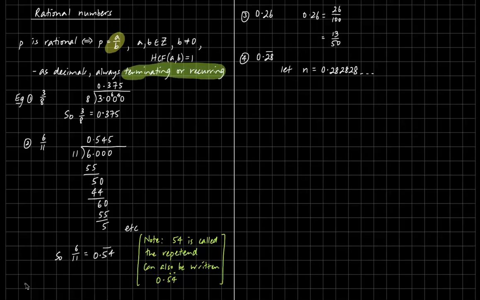Now what I want to do is multiply that by something which is going to move the decimal place past one repetend. So in this case, I'd say multiplying by 100 makes this